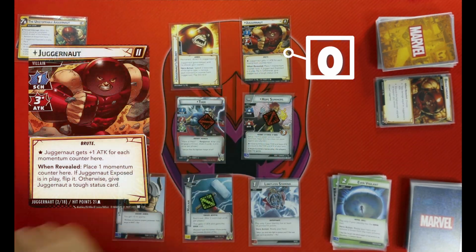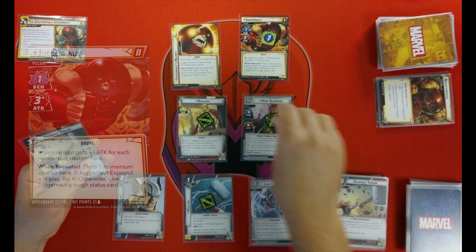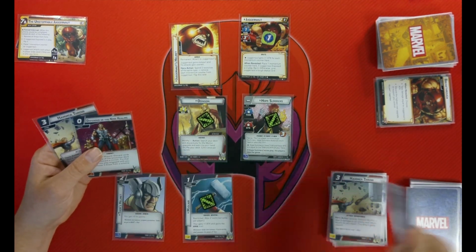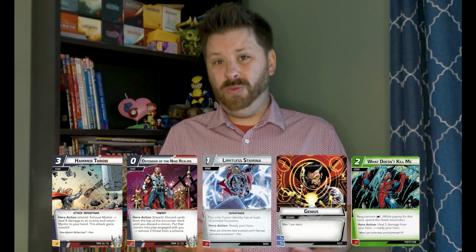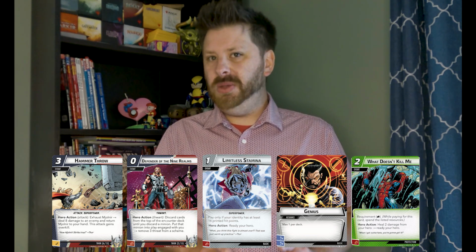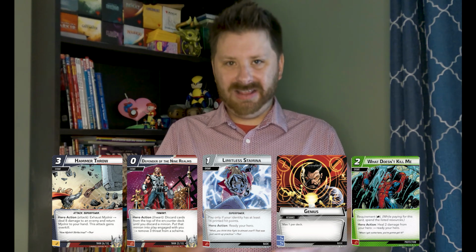With Juggernaut reset to 21, Helmet Clad, and building momentum, I elect to change to Odin's Son and keep 1 copy of Hammer Throw, drawing into Defender of the Nine Realms, Limitless Stamina, Genius, and What Doesn't Kill Me. I like this hand. I don't really want to burn most of it just to flip over the helmet, but with 21 hit points, I don't think that I can make my way through all of that and let Juggernaut